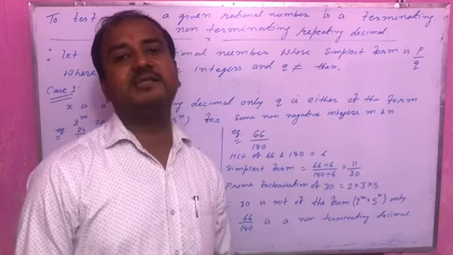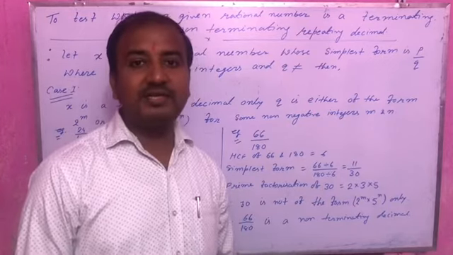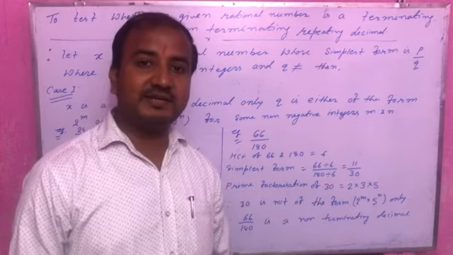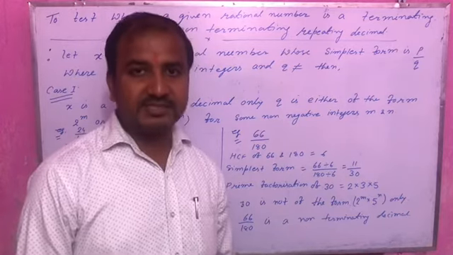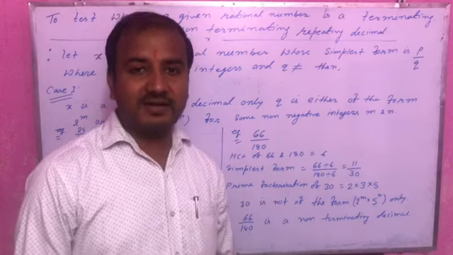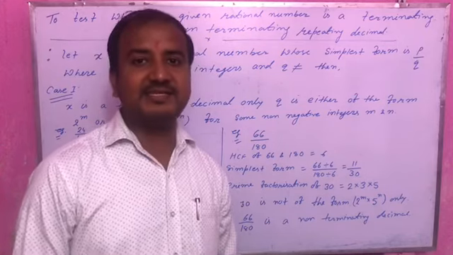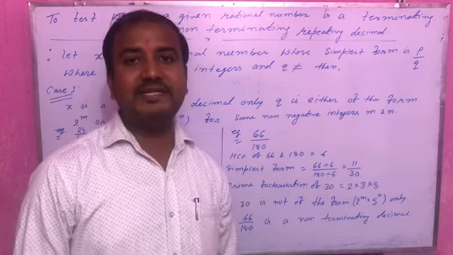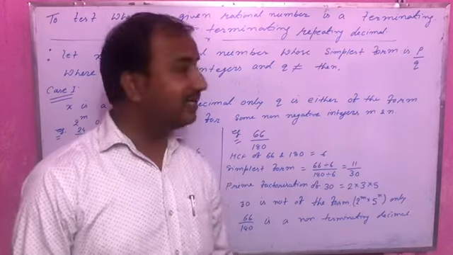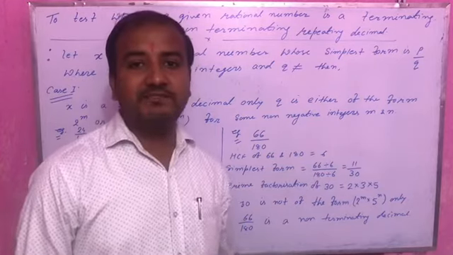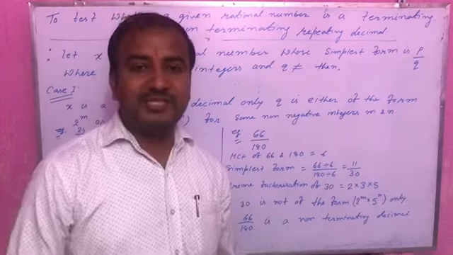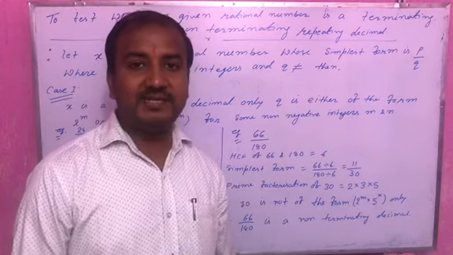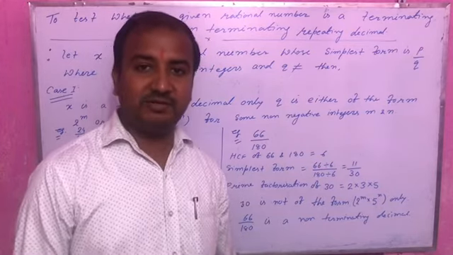Similarly, an irrational number has a non-terminating non-repeating decimal. Here we will see which rational has a terminating decimal and which rational has a non-terminating